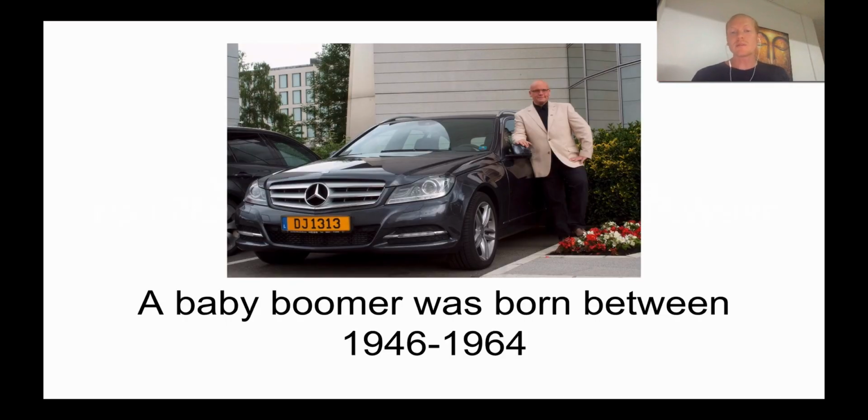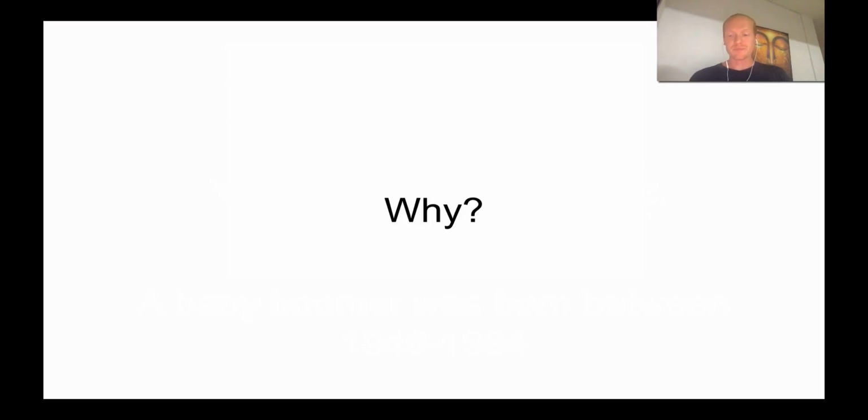A baby boomer was born between the years 1946 and 1964. They're either retired or coming into retirement, and they usually drive nicer cars. They have houses. They have all sorts of things, toys. They have all sorts of friends and family members all over the place, right? So it's a very well-established individual. So you got to ask the question, why baby boomers, right?